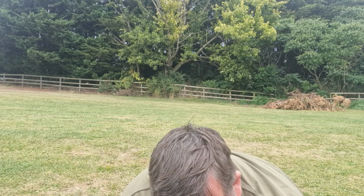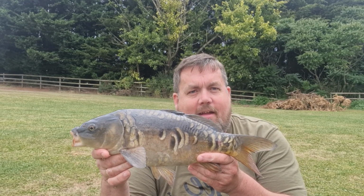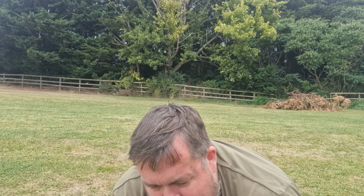So guys, we're just having to wade through the numbers now. Hopefully we'll be rewarded. The owner has just showed me a gorgeous golden tench that he's caught. Typical, isn't it? I was playing this little mirror and then I wanted to get the rod back out, so I just had him in the net, and as soon as I put the rod back out, the other rod was off